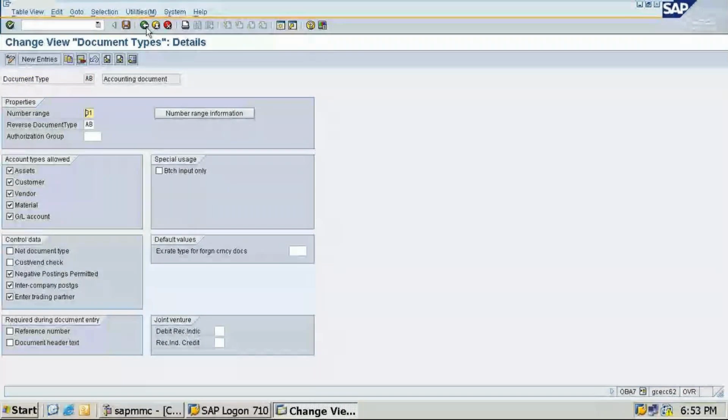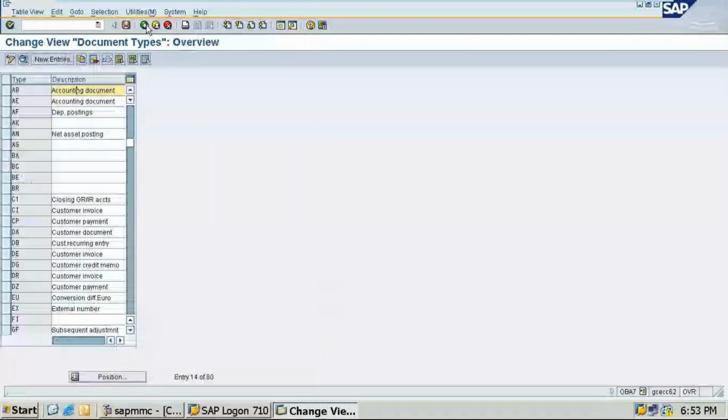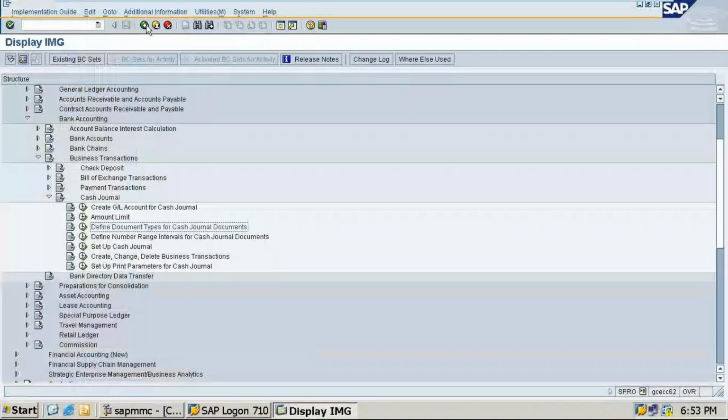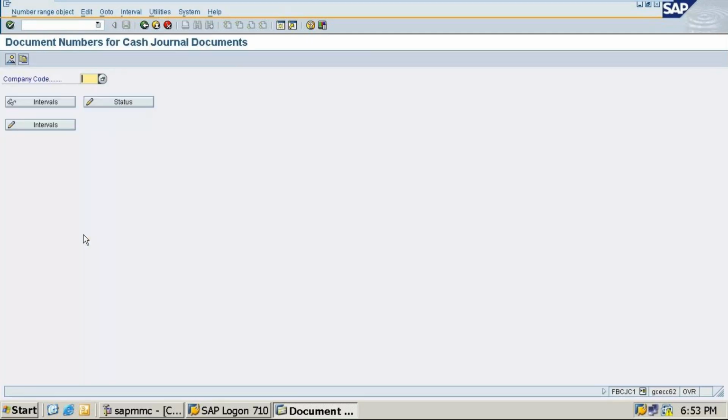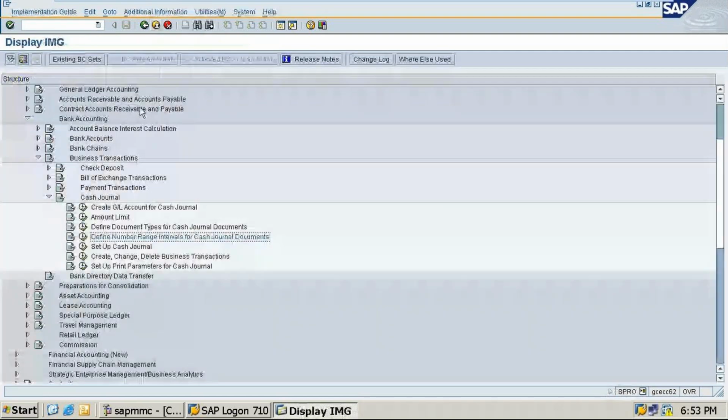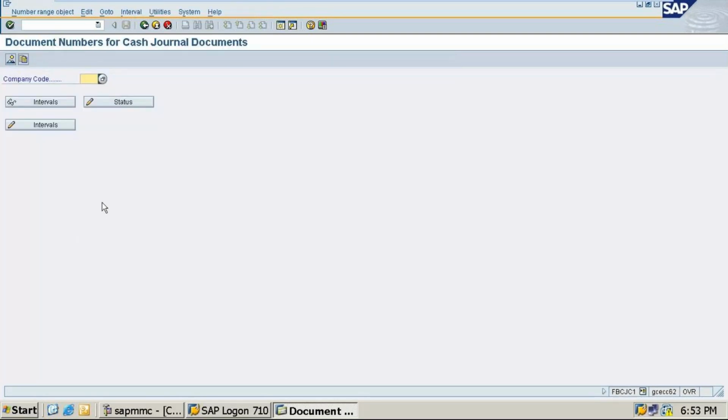I am revising once. Next, after setting all these things, we have to go to define number range intervals for cash journal documents. So click on this and give the company code. Clear? I think I have shown this. For cash journals, I have done. Then define number range intervals for cash journals.